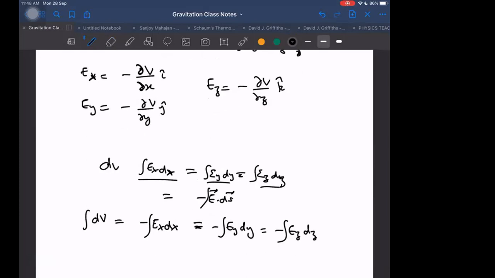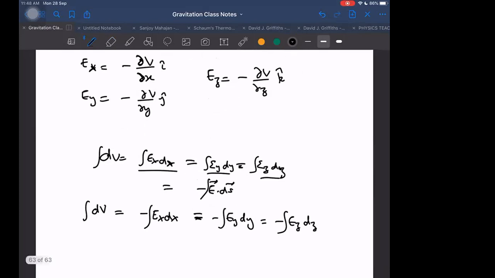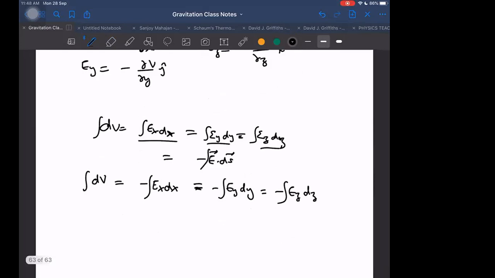And that will be giving us dV integral, right? While we integrate partially with respect to x, the other terms can come. For example, when the integration constant comes, that constant may itself be a function of y and a function of z. That may be some other function of y and z, f1, g1, g2, different functions of y and z.